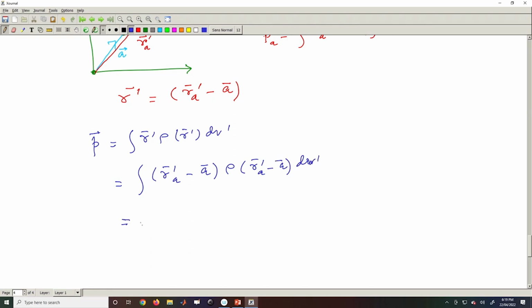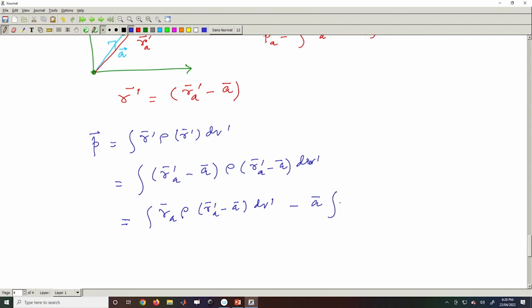So, this quantity is integration of r prime A rho r prime A minus A dv prime and minus A